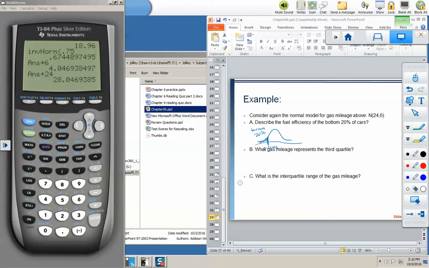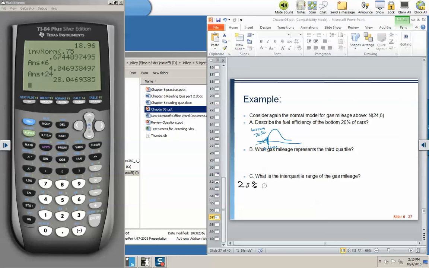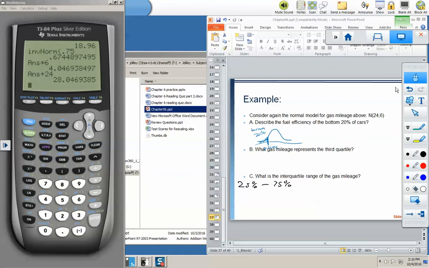So interquartile range is the difference between 25% and 75%, which means I'm going to need to find z-scores for both of these, convert them both to gas mileages, and then subtract them. So let's do it. We're going to find the z-score for 25%, which is